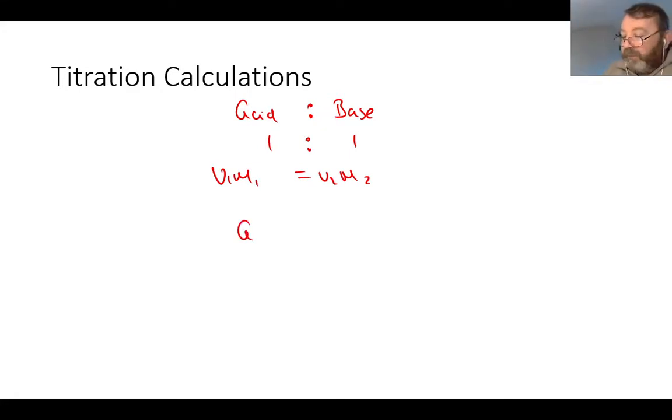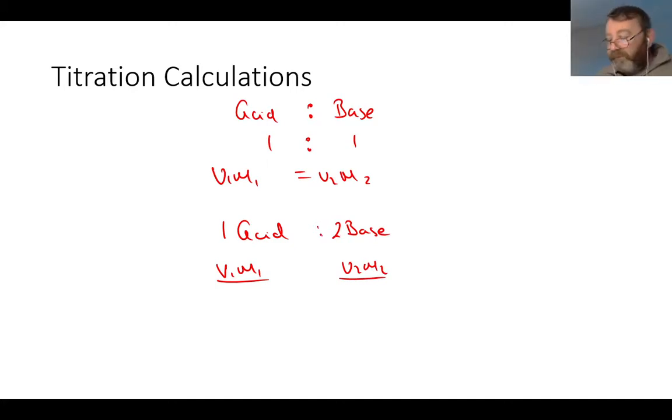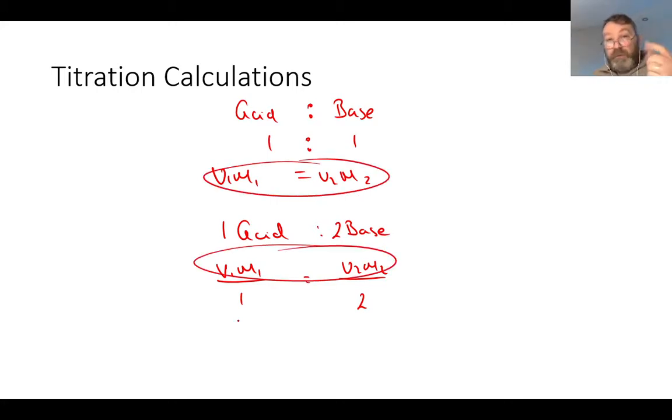Okay. If, for example, you have an acid and a base that react in the ratio of 1:2, let's say, well then you still have to work out the number of moles of acid, you still try to work out the number of moles of base, but this time, because their ratios are not the same, you can divide the respective moles by that coefficient. Now keep that in mind. So you'd end up with something like that. So it's still the same formula there and there. It's just when there's not an equal ratio between the reactants,